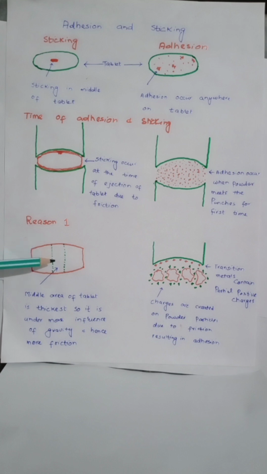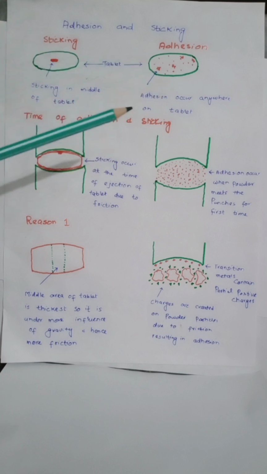Due to being under high force of gravity, the middle area of the tablet experiences the highest quantity of friction, and due to the highest quantity of friction, sticking occurs always in the middle area of the tablet, while adhesion can appear anywhere on